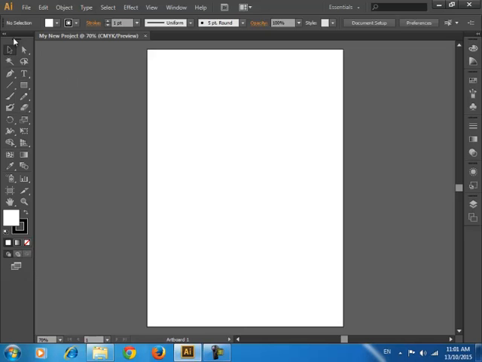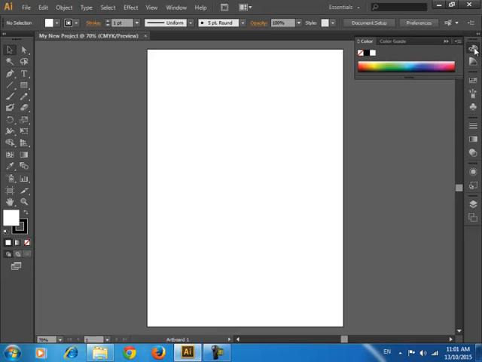So on the left hand side, this toolbar here, all those icons are called tools. Okay? Maybe in future I ask you to choose your pen tool. You see, you can hear the tools, right? It's always on the left hand side. Pen tool, pen brush tool, and then there's a shape builder tool. Everything is here. Okay, so this is a toolbar here, and on the right hand side,